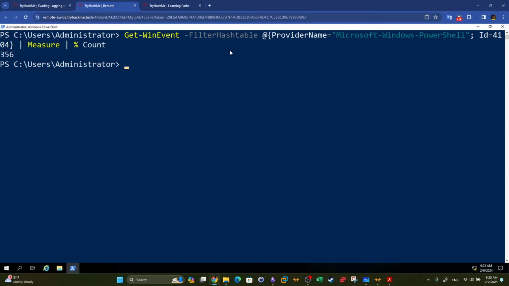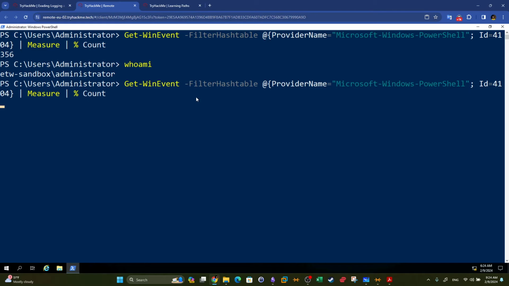events. All right. So now if we execute a PowerShell command here, we're going to assume that this number will increase. Okay, so whoami. So we executed a PowerShell command, and next we're going to check on this number again. Okay, so as you can see, we now have 360, which means that the command we have executed has been logged. All right, so now let's go over the first method, PowerShell reflection,